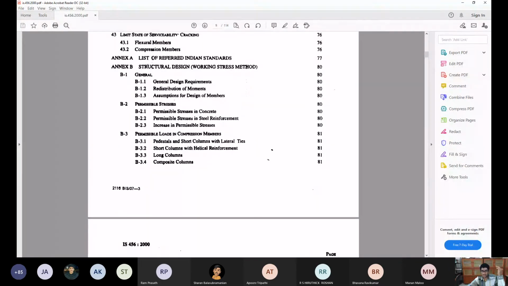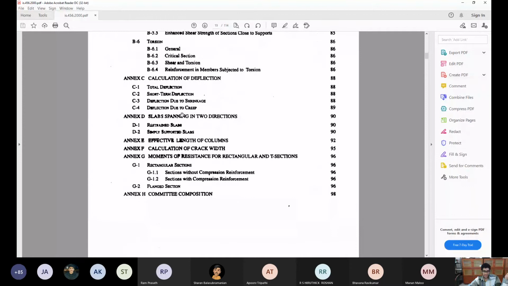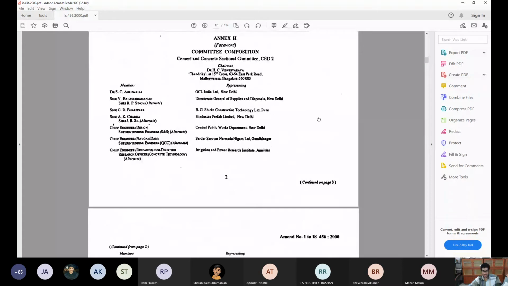So if somebody wants information related to the working stress method, you have to look at the annex. Then two-way slabs is something you'll be using. I'll come to what a two-way slab is later. And of course, we derived some equations, like 0.36 fck b xu (d minus 0.416 xu) and all those things. If somebody does not remember that equation, or forgot it, just come to Annex G. Those equations will be given there. So this is the outline of your code book.